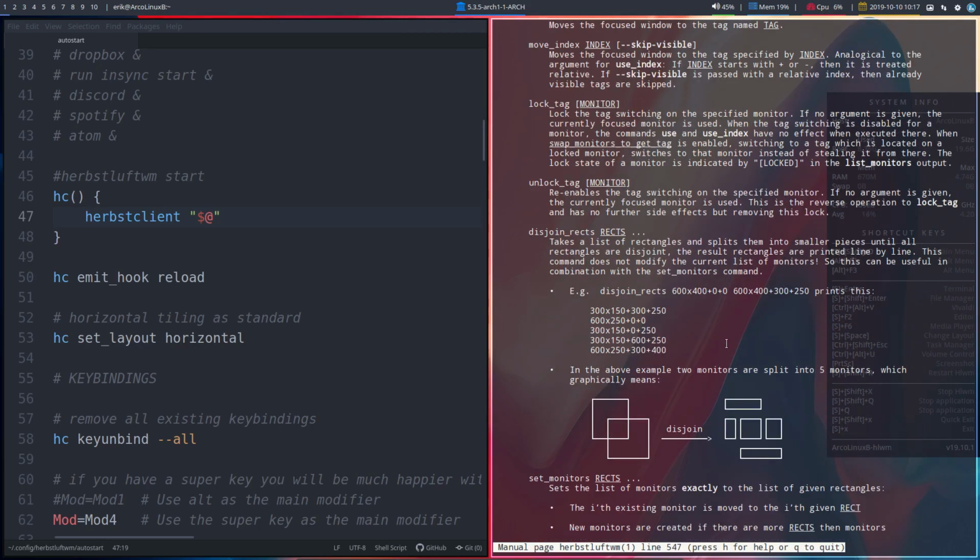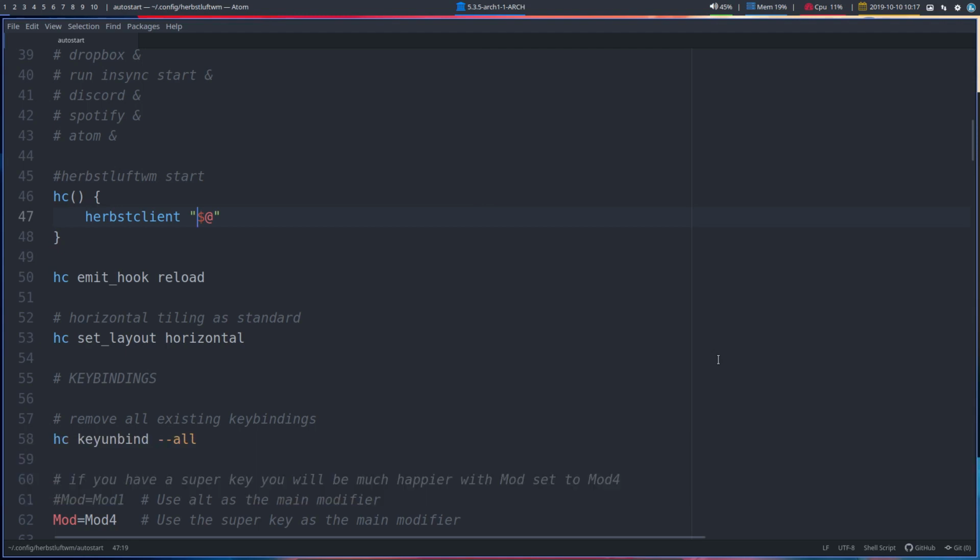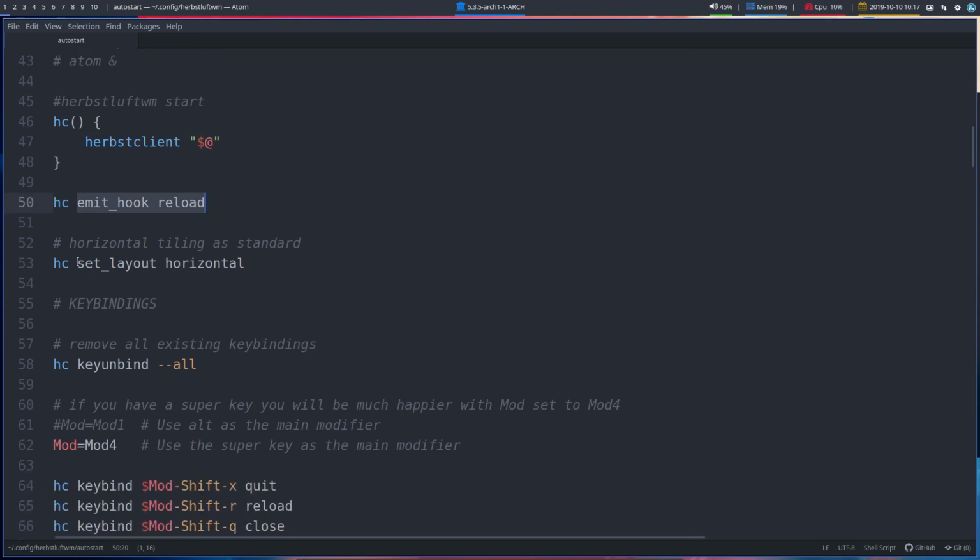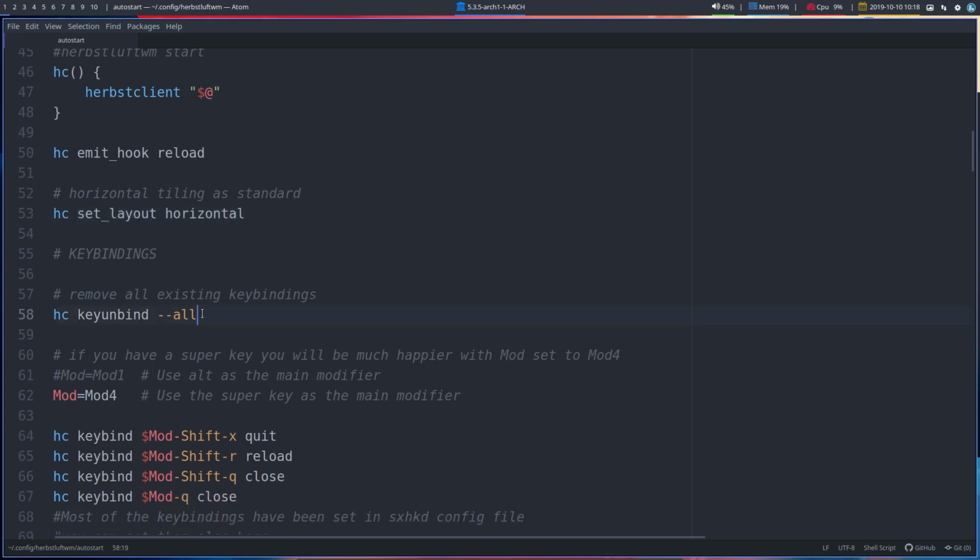Okay, so deleting that again. So we have a command that's called client, and then something behind it. So client, and then emit_hook reload. So we start everything and we say to the system, hey, look, we want a tile not vertical but horizontal, if you can, please. Okay, and then unbind. No keys have been set, so everything is cleaned out. So starting with a clean